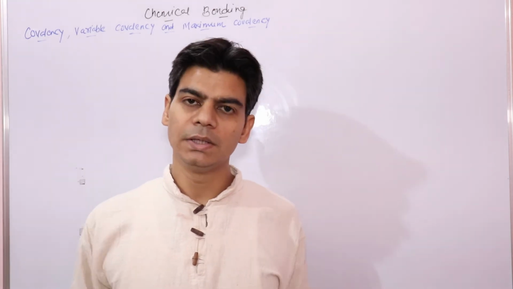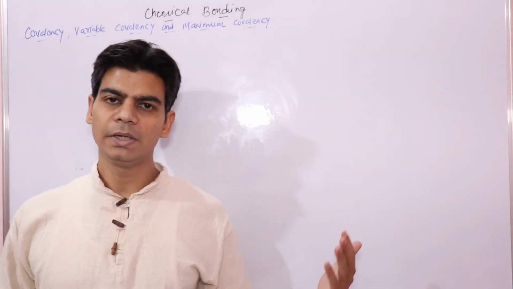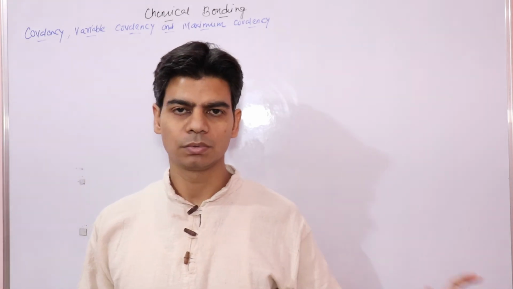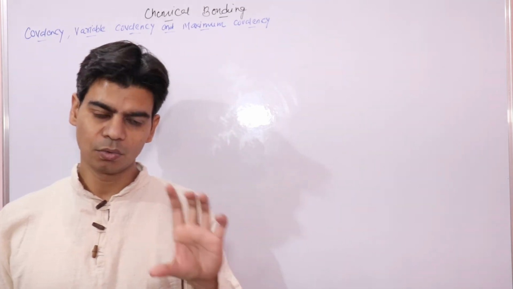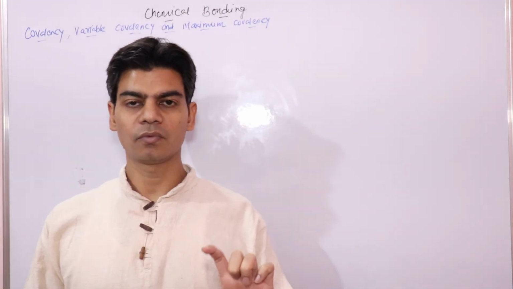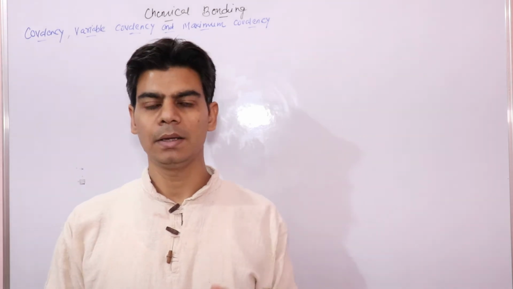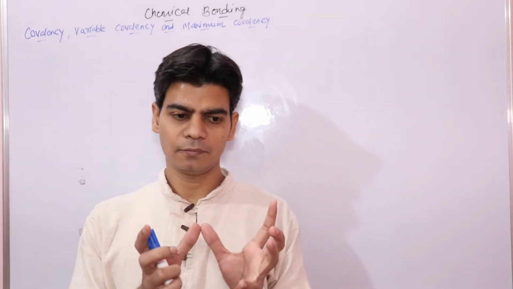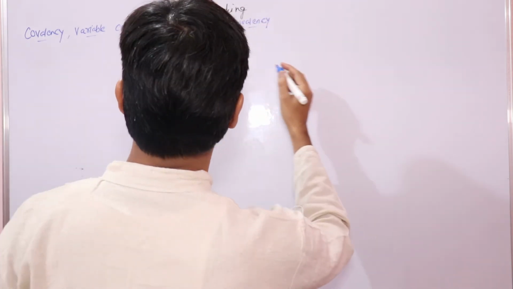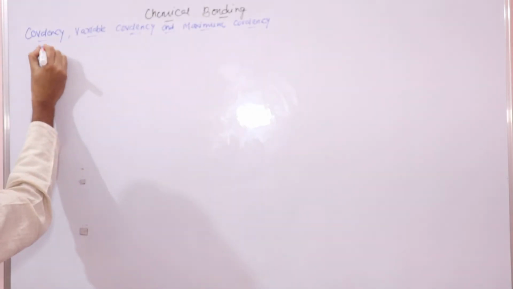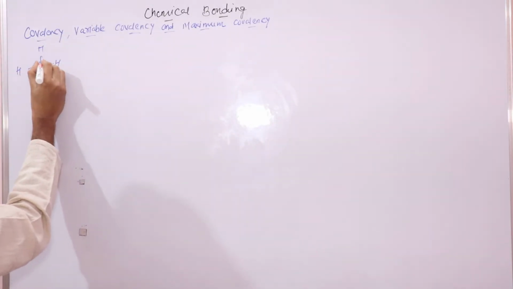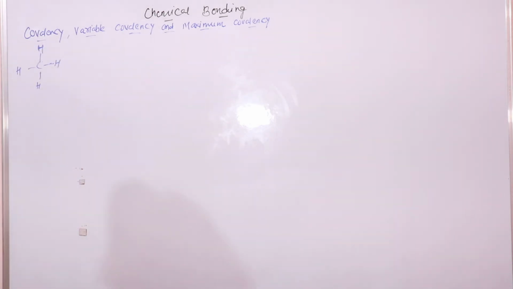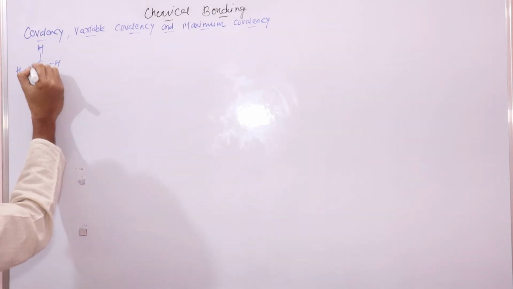Similarly, in covalent compounds, covalency is the valency of elements in covalent compounds, first of all, right? So this covalency is equal to the number of bonds that are formed by that atom. So simply, let's take methane. Methane is a covalent compound. So what is the valency of the carbon atom?